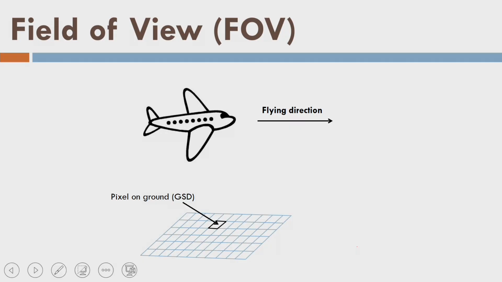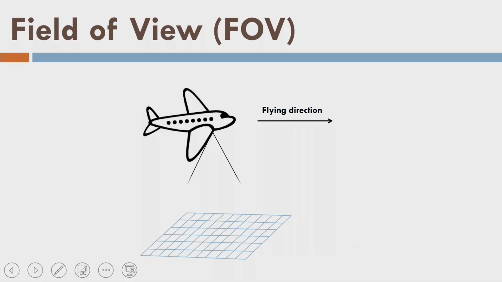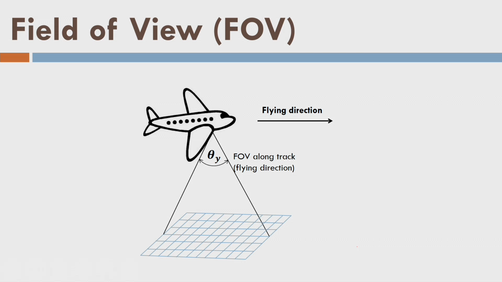So now we have a digital aerial camera mounted in an aircraft, and that is acquiring one scene, and this scene is explained by these pixels. In one scene it is acquiring, it is a frame camera, so it is making one exposure and acquiring this scene. In this scene I can say that so many pixels are there, and one pixel size on the ground is called GSD, ground sampling distance. Now this angle, which is along the direction of flight, I am putting it by a symbol, theta y, and this angle is nothing but the field of view along track, and that is called the flying direction.